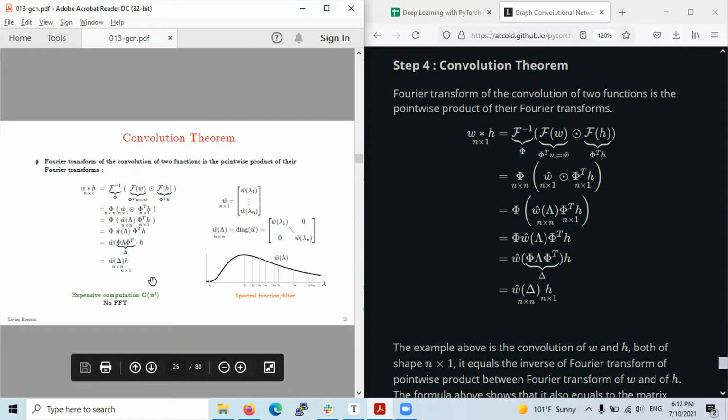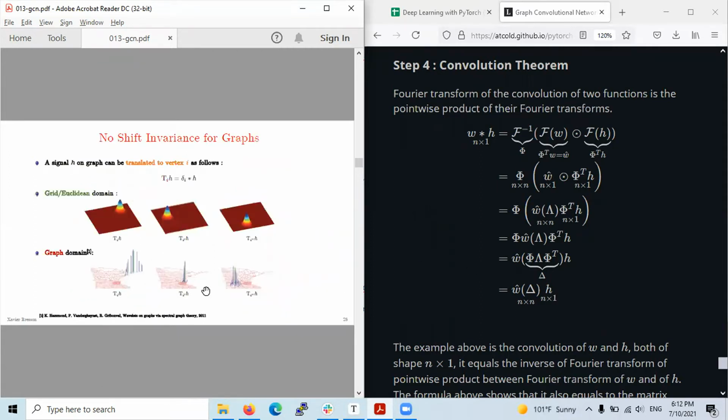So yeah, this is about the convolution theorem. This is a slide wherein the professor discusses that in the Euclidean domain, especially in the spatial domain, the convolution that we do is not